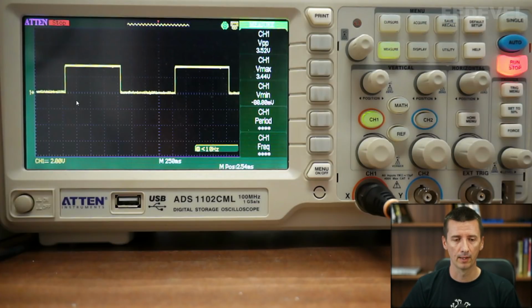At this moment, what we would like to do with this signal is double check if our LED is switched on for 1 second and if our LED is switched off for 1 second. So we would like to measure the time between this rising edge and this falling edge, and also between this falling edge and this rising edge. Let's do it.